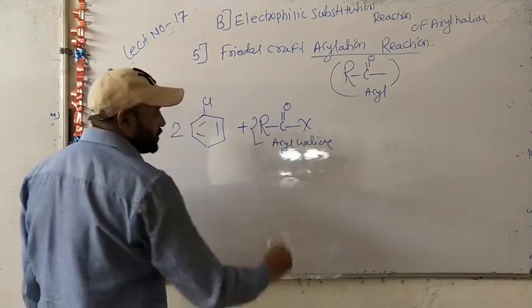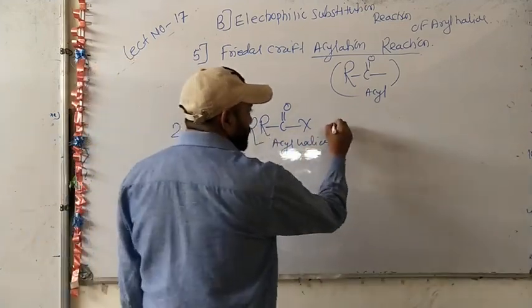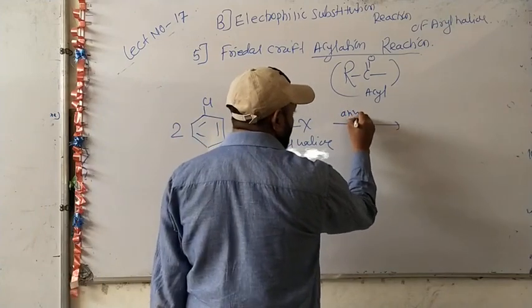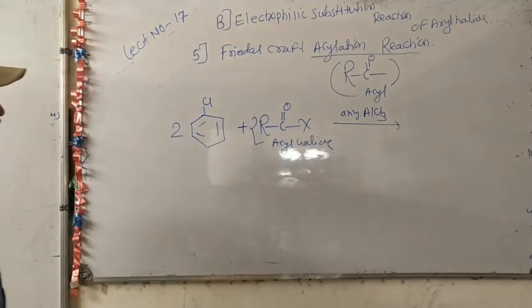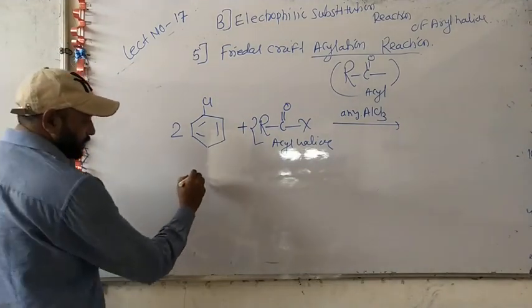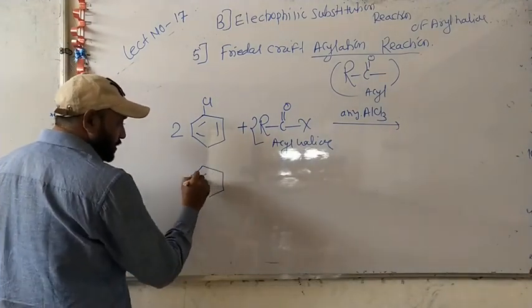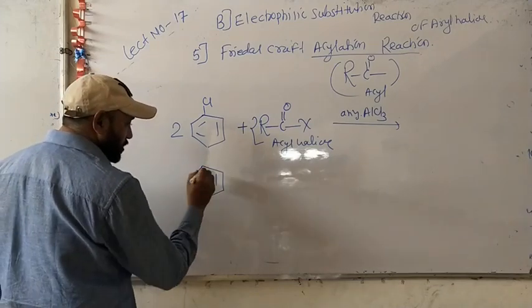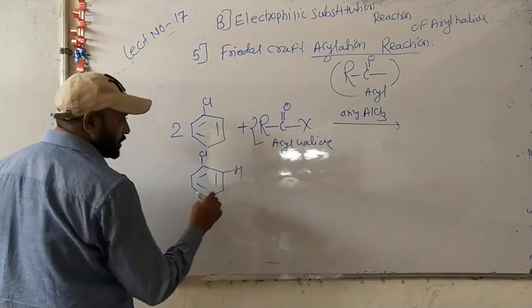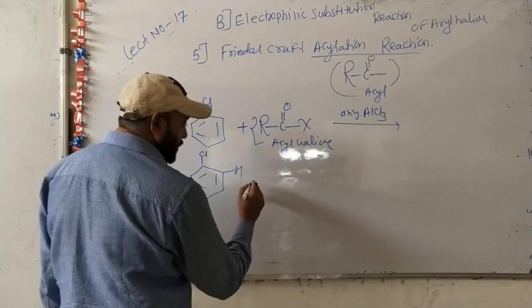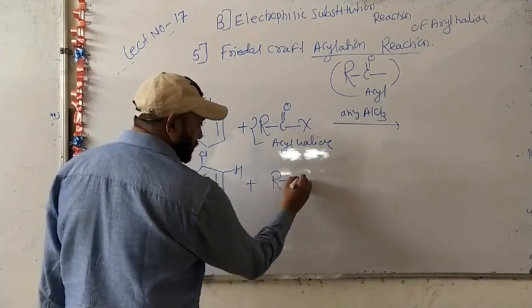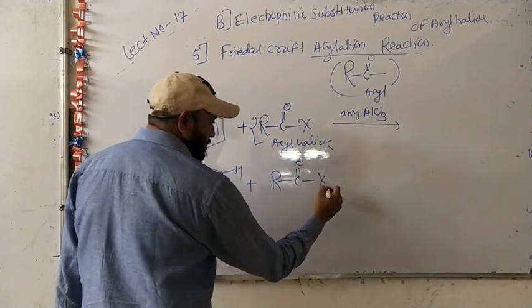How many times? Two times, in presence of anhydrous AlCl3 as a catalyst. So what is the product formed? First, electrophilic substitution reaction occurs at the ortho position. That's why we take ortho first: one molecule of chlorobenzene plus one molecule of acyl halide, RC double bond O X, in presence of